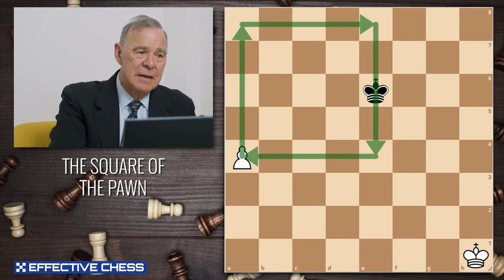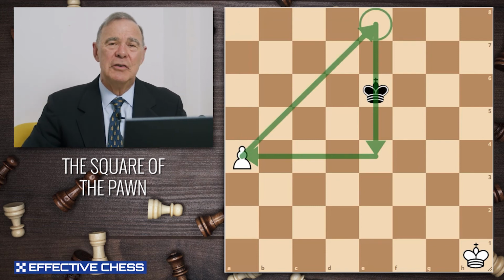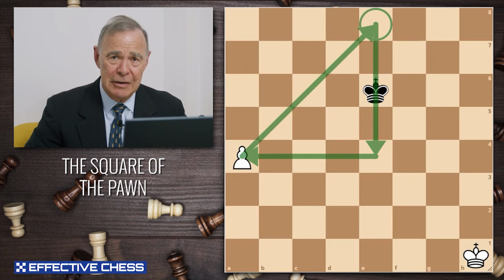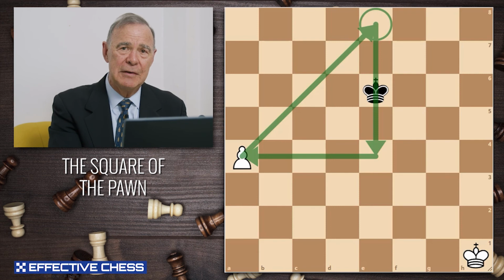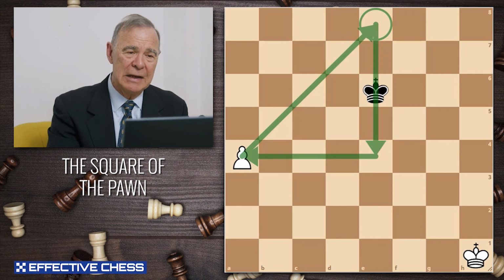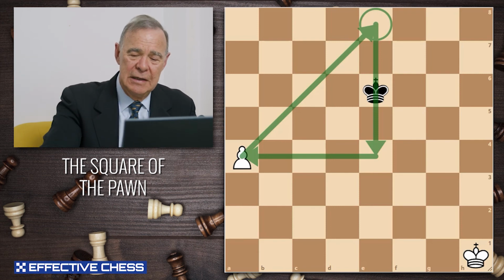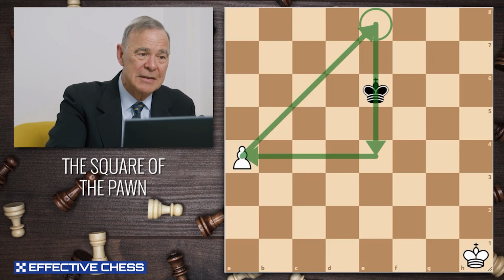And that is to start with the pawn, draw a diagonal to the edge of the board on the same side that the enemy king is on, come back up to the level of the pawn, and then go back across to the pawn. So you can see that the king is still in that square. Let's look at